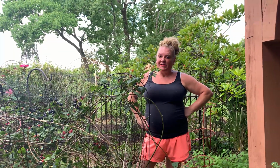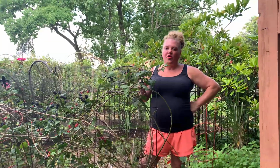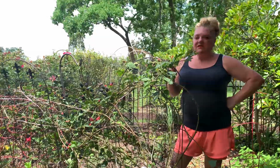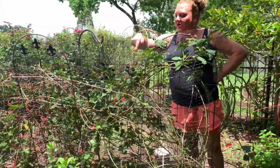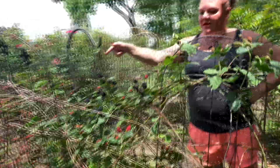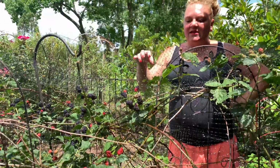I want to talk to you guys about my blackberries. Last year and the year before, I didn't have this netting on them, and all the birds, which we have a bunch of out here in the garden, ate all these berries. So this year I got real smart, and I want you to take a peek and look in here. Look at all these gorgeous blackberries that are ready to pick. And the key to it all is using this net so that they can't get in there